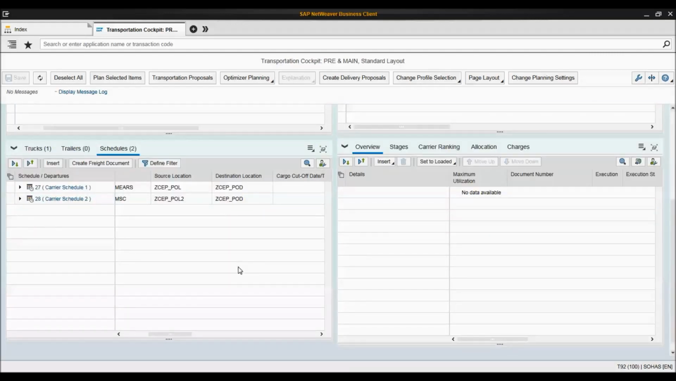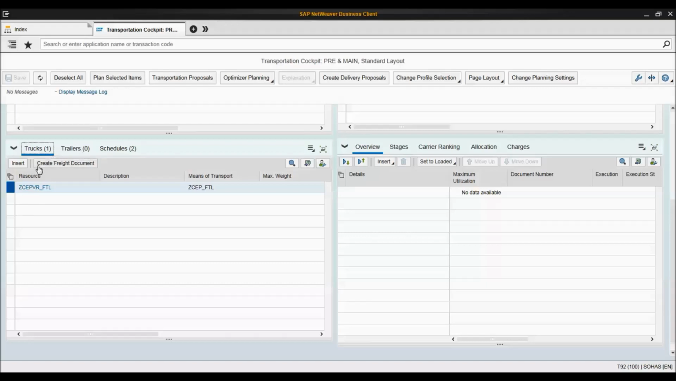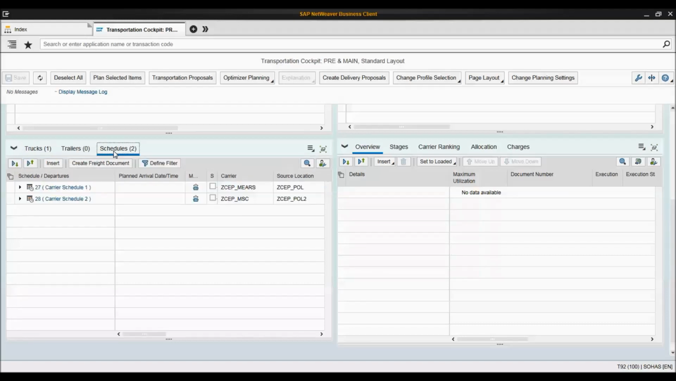The next quadrant which I'm going to explore contains my resources and my schedules. I only have one resource, which is a truck resource, and you can see it over here. I have 2 schedules which I can use. They belong to 2 separate carriers. They depart from a different source location, but their destination location is the same. Also, you can see the stop sequence, source location address, and destination location address in